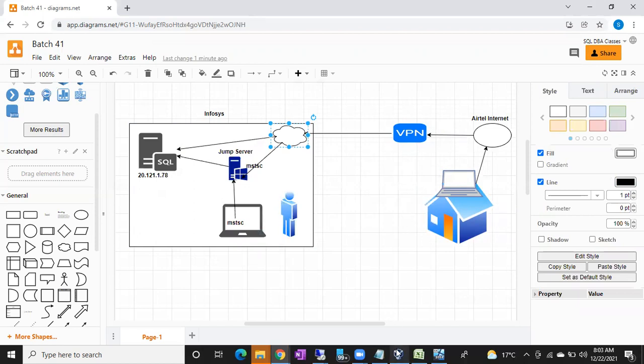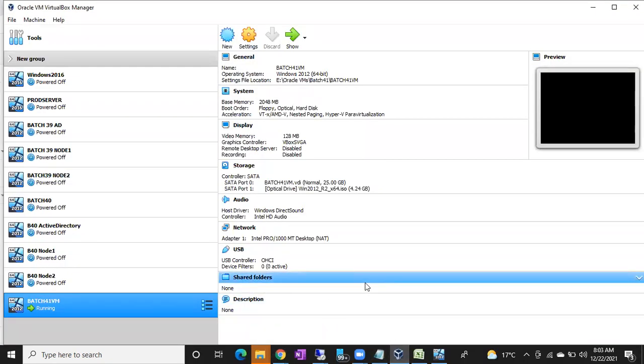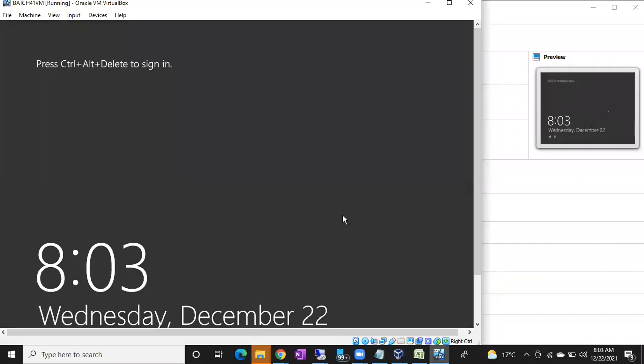Now let me create a communication to my Oracle VM. I'll refer to two terminologies. If I'm working on Oracle VM, I'll refer to it as an on-prem VM. If I'm working on Azure VM, I'll refer to it as an Azure VM. On-prem VM clearly means Oracle VM. I just created the Oracle VM yesterday, but I haven't created any remote connections to it. I have to enable remote connections, and then only I can connect to the server remotely.